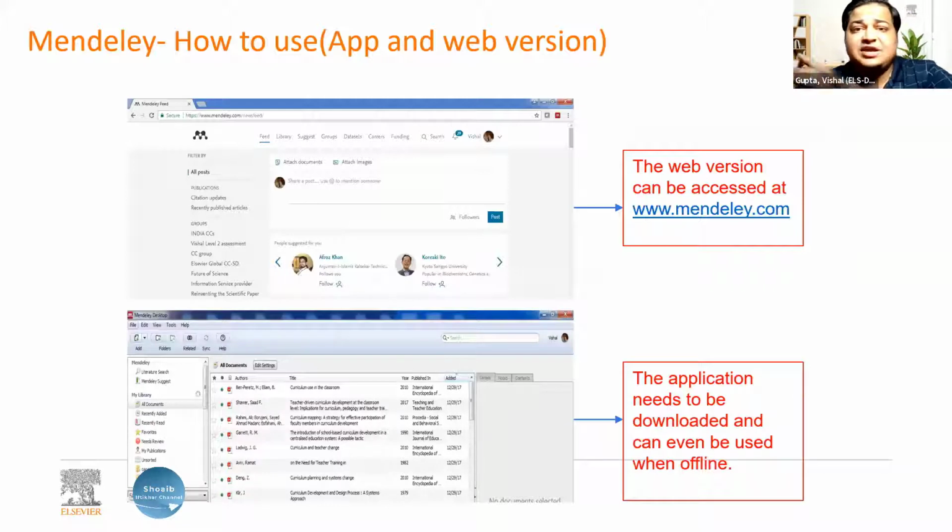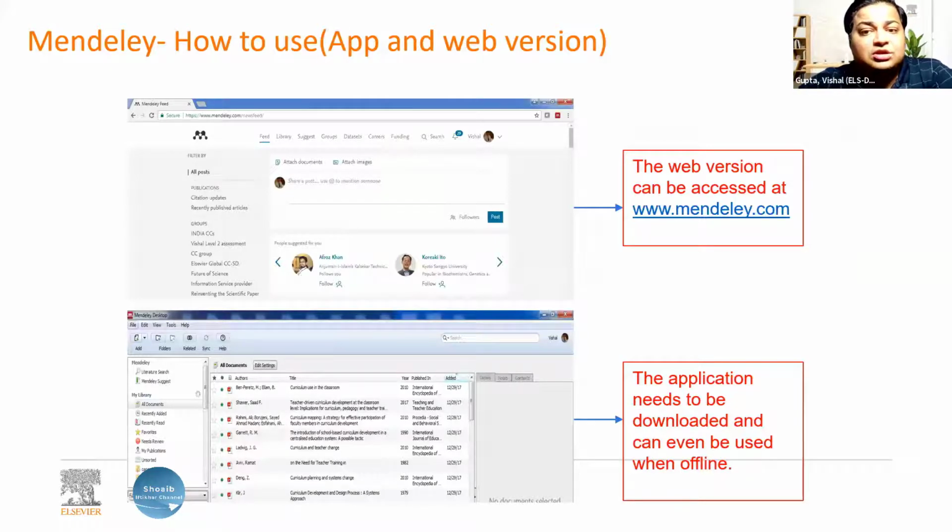Okay, so once you are set, then you need to know that there are two versions of Mendeley. One is the web version where you go online and play with the tabs that are there on Mendeley. The second is a Mendeley software, which can be downloaded on your systems. And this software is a unique software because it works offline. You do not need an internet connection. Once you have downloaded the software, you have uploaded all your files and details, it does not need internet to create citations and make your bibliography. We will see a demo of that also.